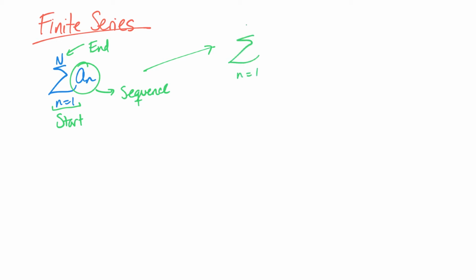summation from n equals 1 to 5 of n, which is very simple. 1 plus 2 plus 3 plus 4 plus 5. Now, whenever we're doing a problem that pertains to finite series, we want to find literally the sum of a certain quantity of numbers, okay? Something that we could do in a calculator. However,